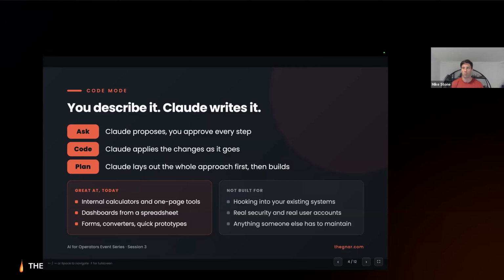But the tool that we'll build in this demo in just a minute here, it will work, but there is going to be a gap between "I built a thing that works" and "this thing runs our business." That is a gap where there's bugs or security issues that might get missed, or maintenance that becomes a problem 6 months down the road. But we'll get to that some more after the demo.